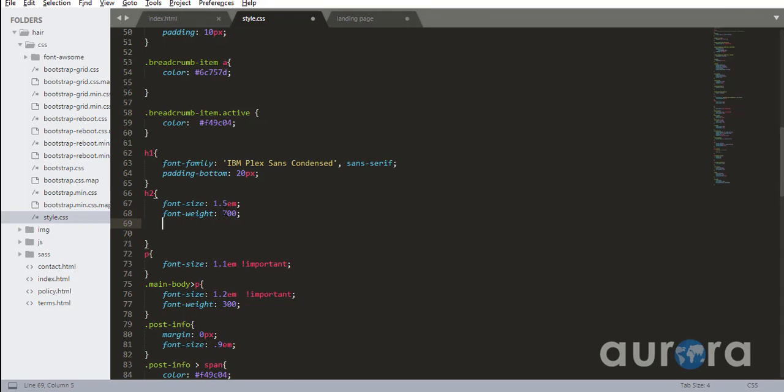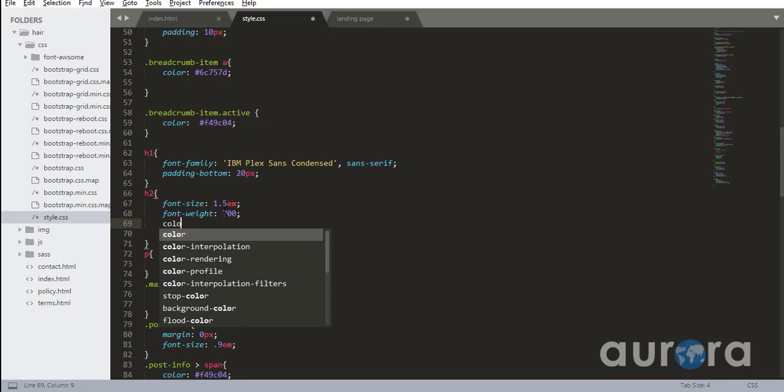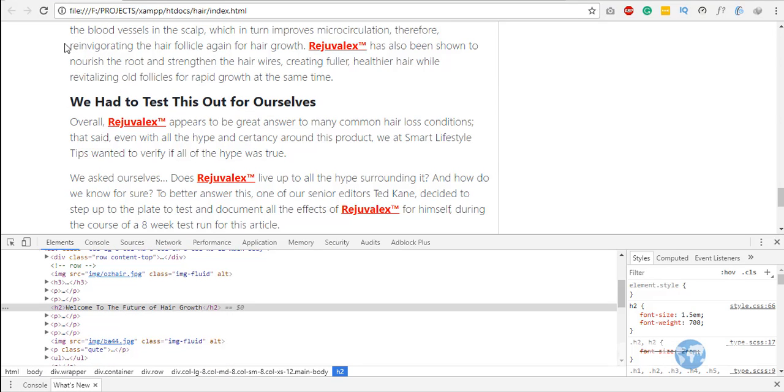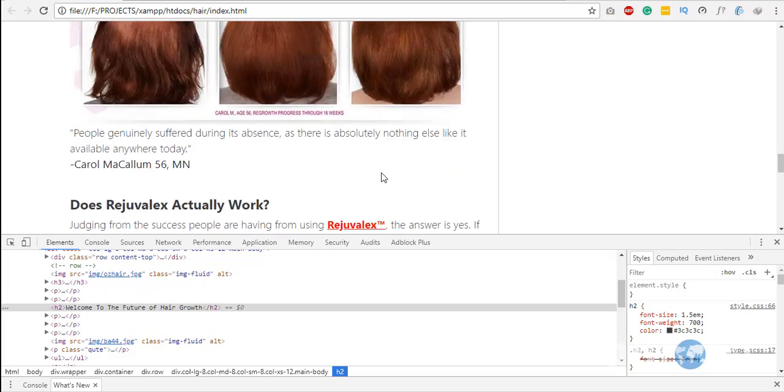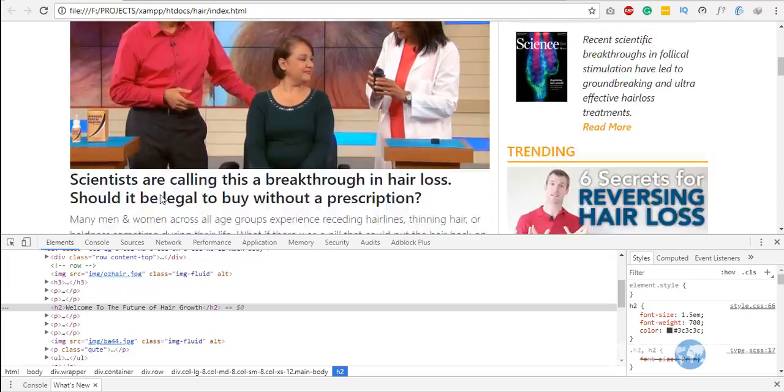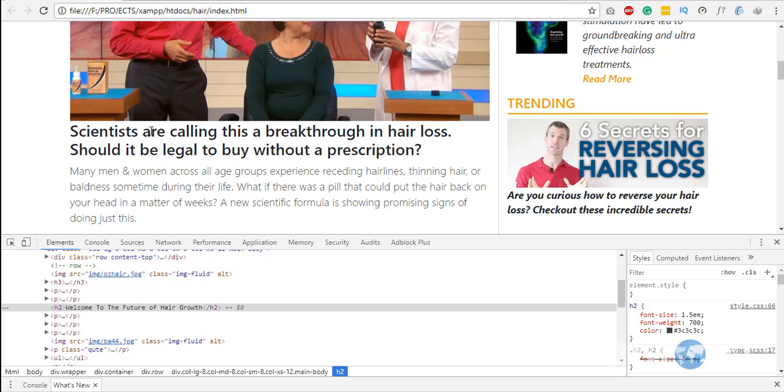Okay, and the color should be 3C, 3C, 3C. Okay, let's check this out. It looks more beautiful right now, that we can think. And okay, now work with the h3 tag top under the image,